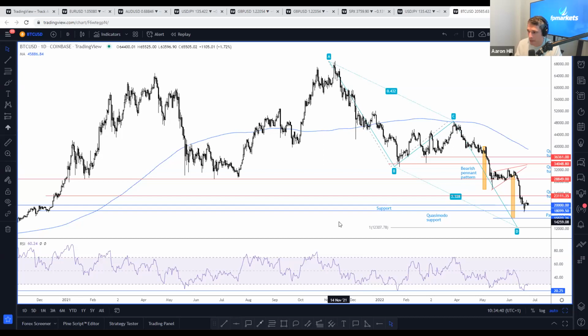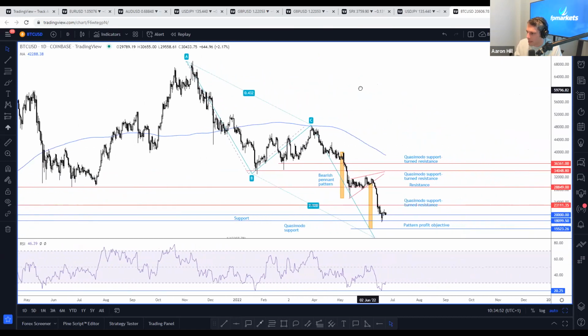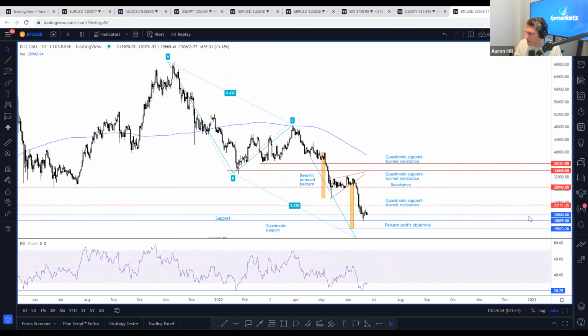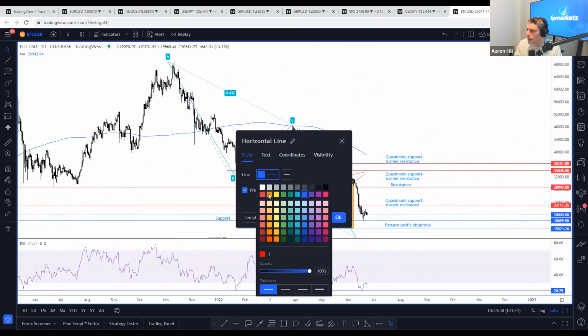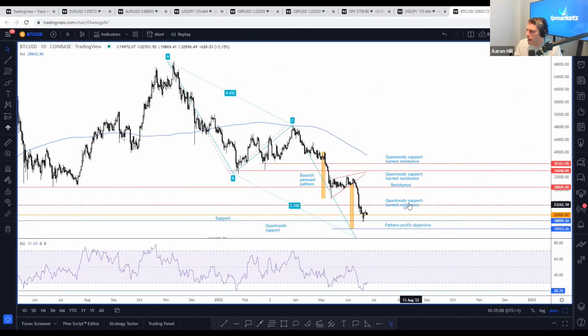You know, I don't try to make estimations based on what other people are saying. I try to look at the charts and let the charts tell me what to be looking at. So I assumed that there would be some movement around the 20K area. So with that being said, this is the 20K level here. Let me just change the color of this so we're all clear. Let's go orange. Orange, this is a 20K area.